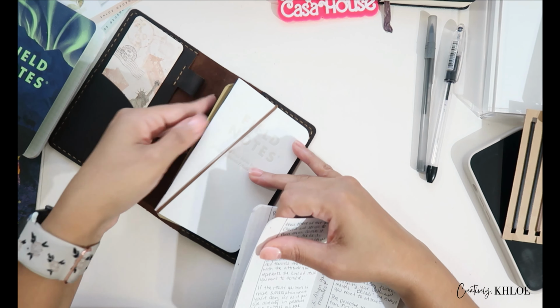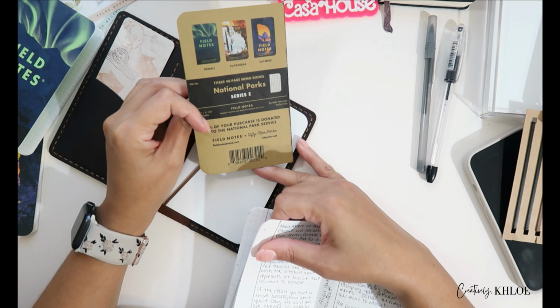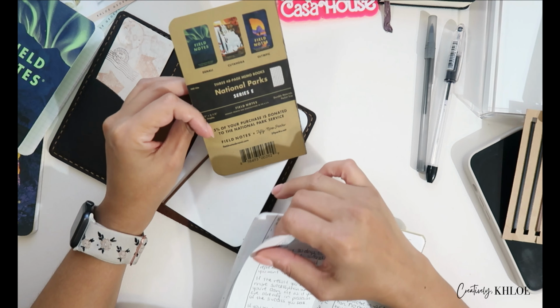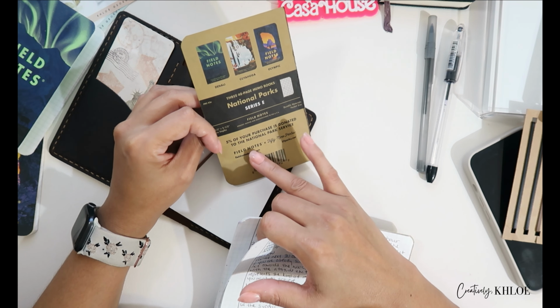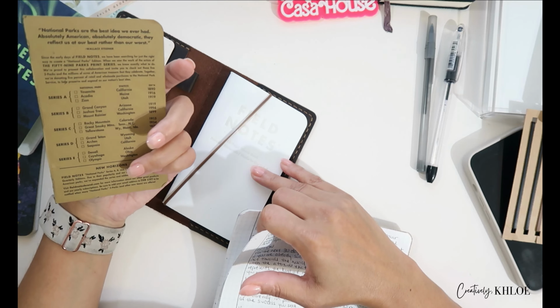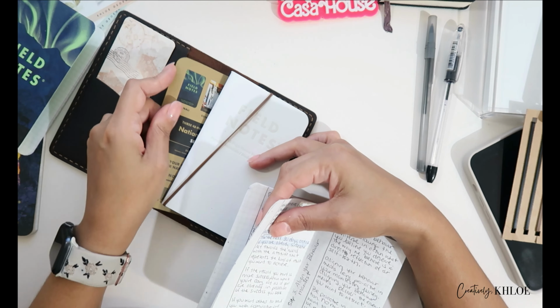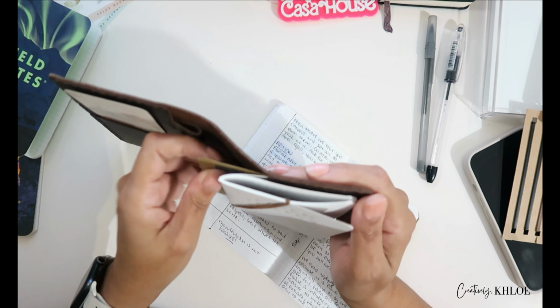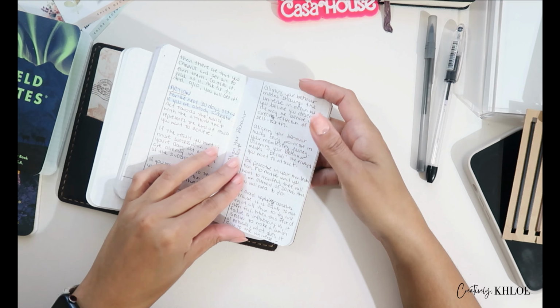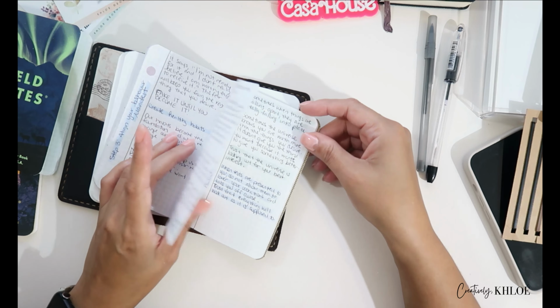I keep this little thing that came with the field notes. Oh yeah, this was the national parks one, and for this one, 5% of your purchase is donated to the National Park Service. So I keep this to make my lines. You can have a little ruler if you want, whatever you desire. So yeah, I pull it out, I take notes on the things I want to do,